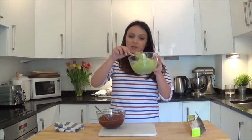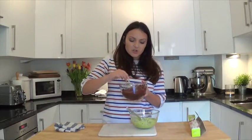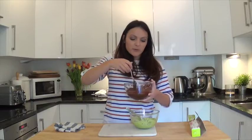So I have 300 grams in here that I've mashed together, that's all there is. And I have 300 grams of dark chocolate that I have melted. So this is actually dark chocolate that's been infused with espresso, with coffee,